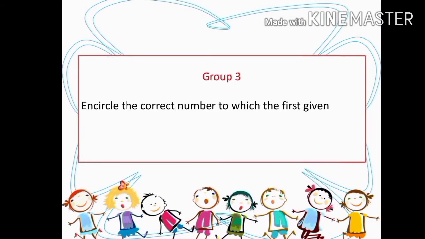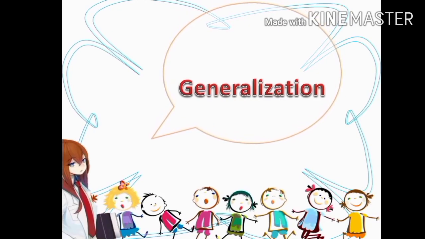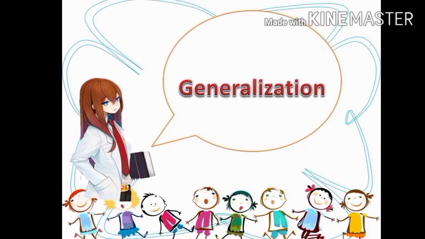For group 3, encircle the correct number to which the first number is divisible. And the number given to them is 70. Question, is 70 divisible by 2, 5, or 10? Did you answer your activity correctly? Alright, I'm sure you did. Next,